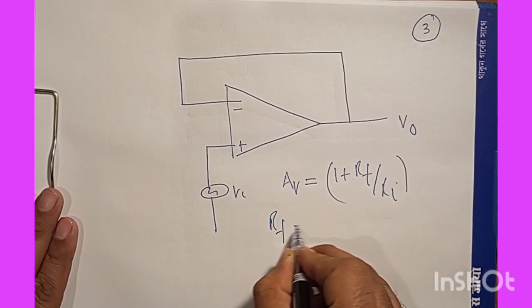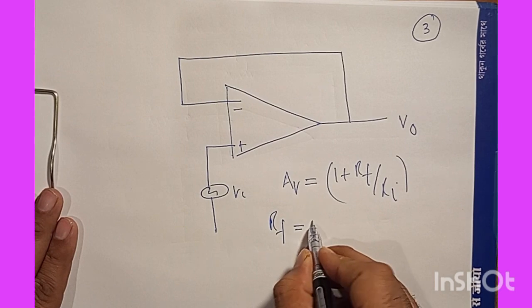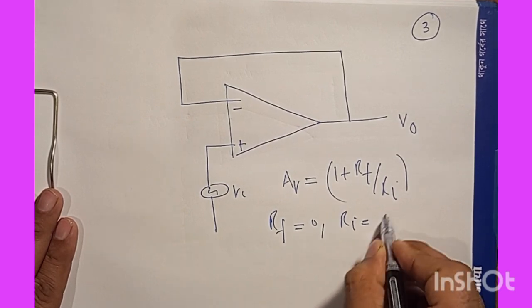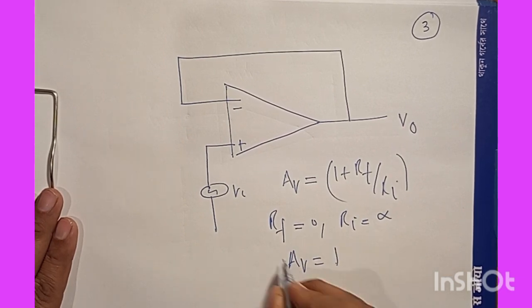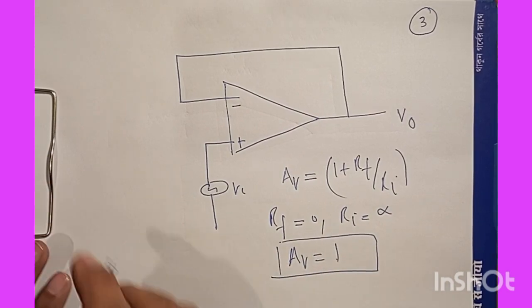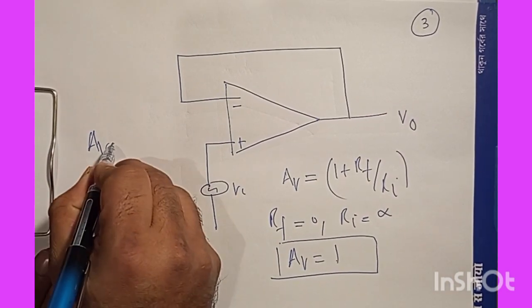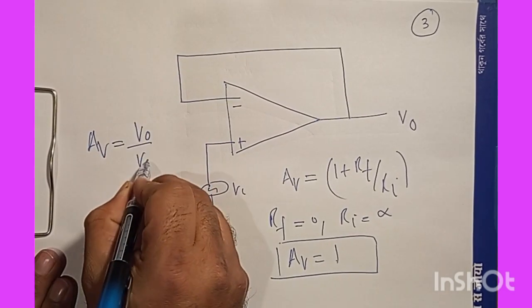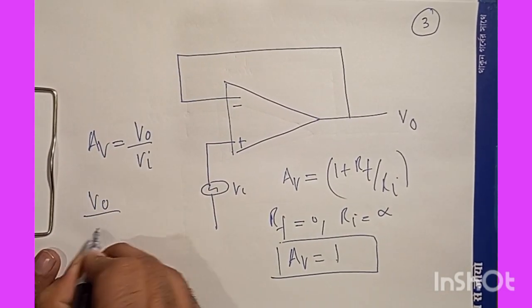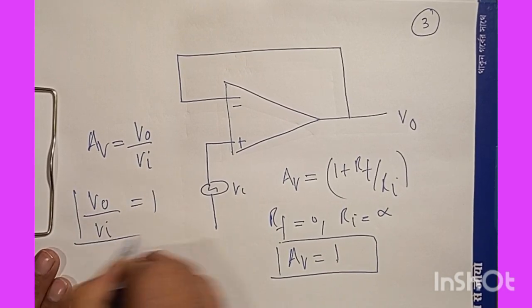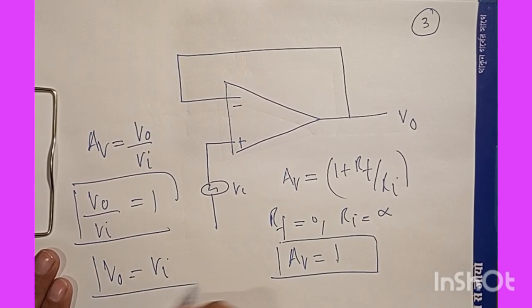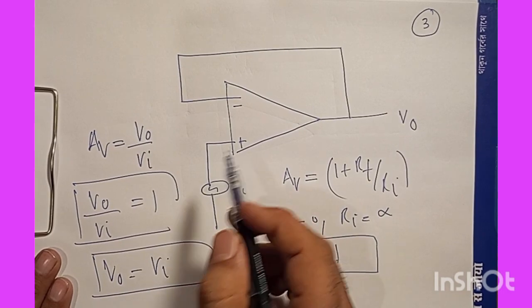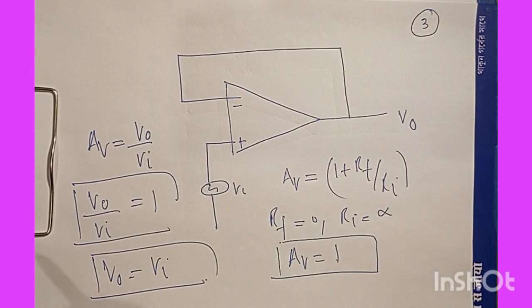Now RF is 0 and Ri is infinite. So AV, the voltage gain, should be equal to 1. But what is the original definition of voltage gain? Voltage gain is V out by V in. So V out by V in must be equal to 1. So we can say that V out is equal to Vi. So this will be the final configuration of operational amplifier as voltage follower,